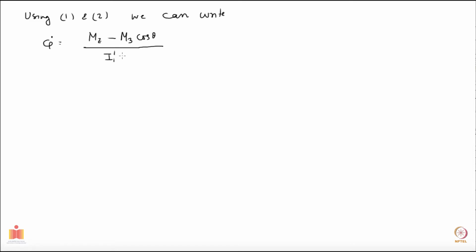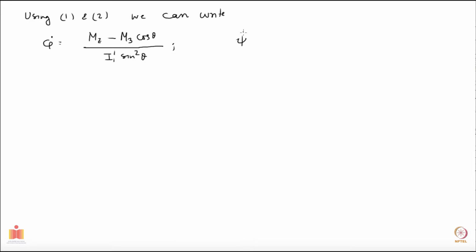So using 1 and 2, we can write phi dot is equal to Mz minus M3 cos of theta, the whole thing divided by I1 prime sine square theta, and then you will also have psi dot. Maybe I should give a little bit more gap. Sorry, sine square theta,